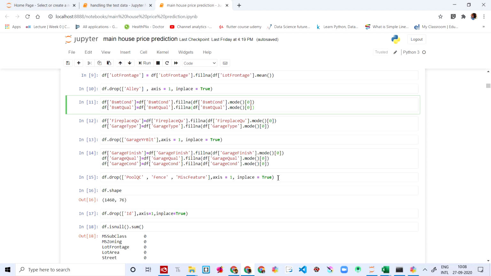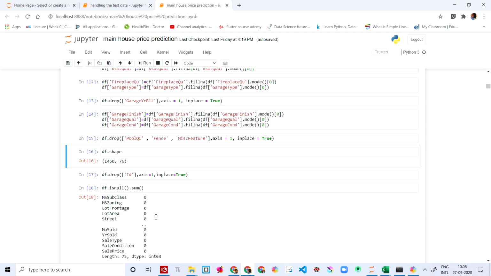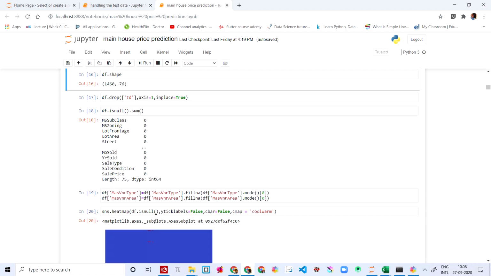And again we're dropping the PoolQC completely. Now if you check the shape, it's going to be 76 because we have dropped many things. We have dropped 4. And then we're going to drop the ID because we have the index number.